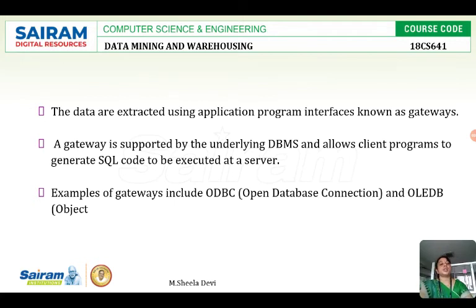How can we extract the data from the database directly? We need some gateways. Examples of gateways are ODBC and JDBC, which act as the gateway or application program interface to get the data from the database and put it in our application, the data warehouse. So we need two things to collect the data from the operational database and put it in the data warehouse: the backend tools and the gateways.